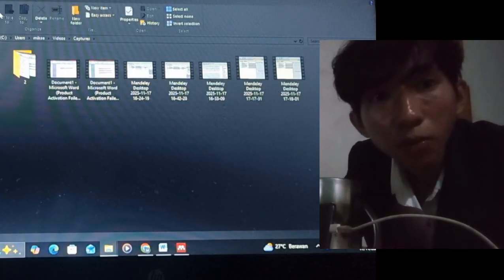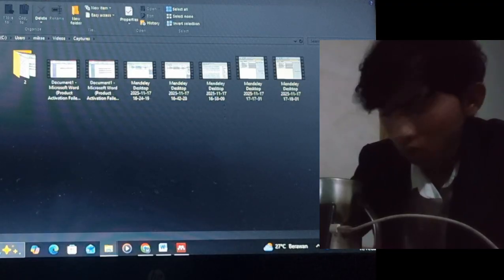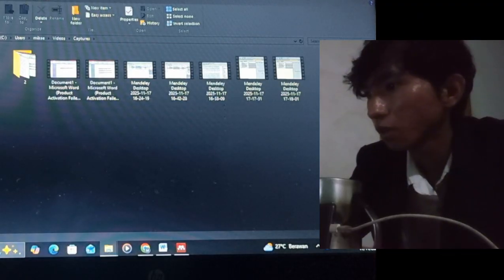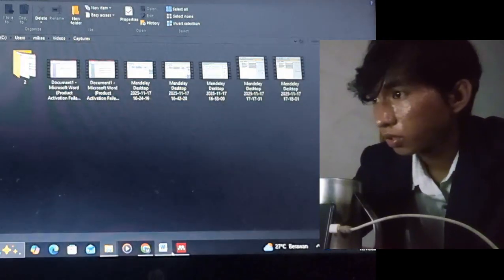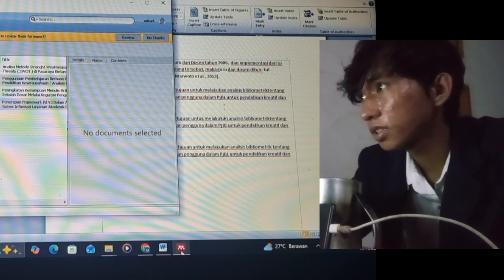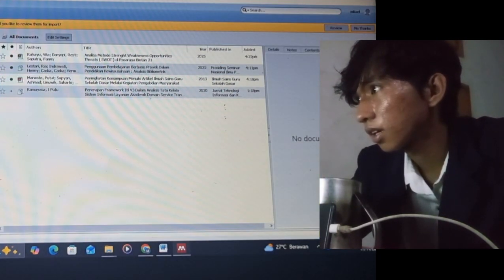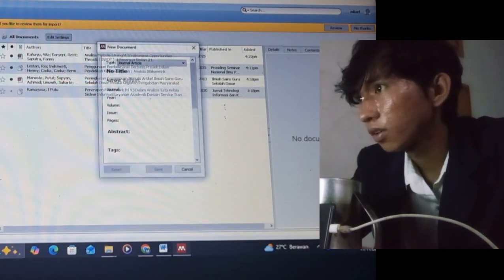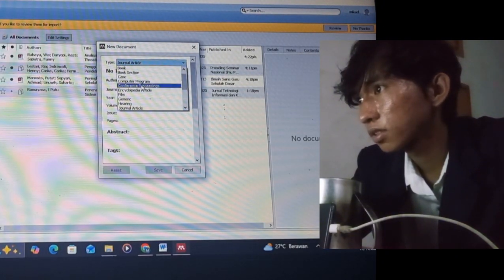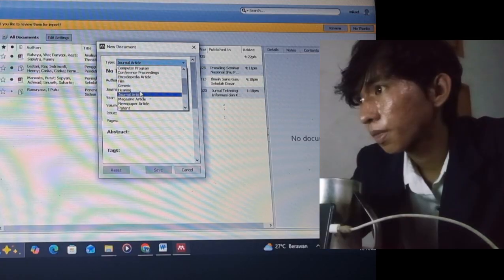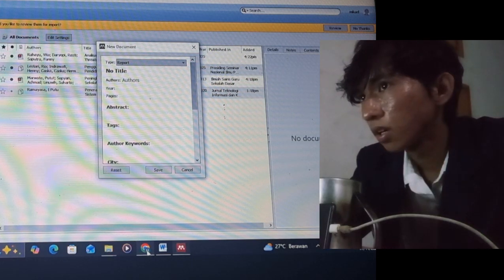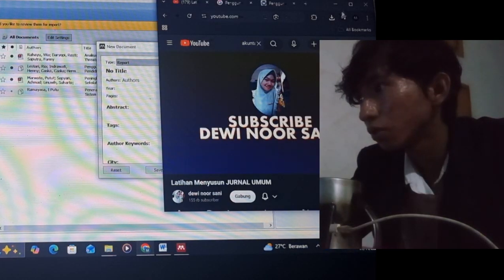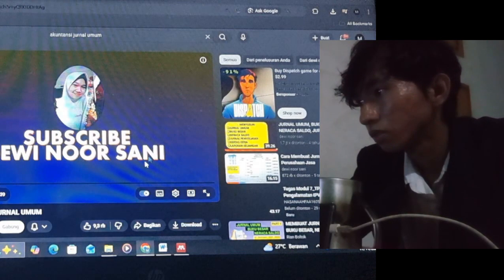And the next is how to make a citation from YouTube using Mendeley. So you need to open your Mendeley first, click File, add entry manually, and go to Type and choose Report. And before this, you need to open YouTube, the video you want to cite.